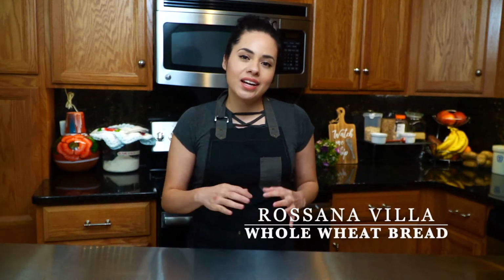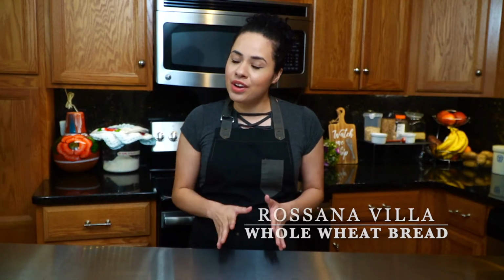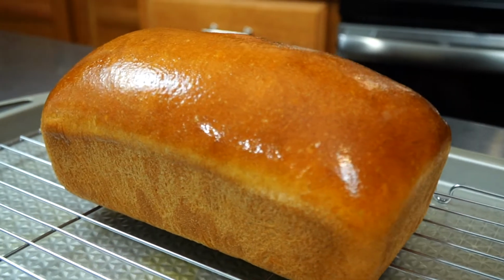My name is Rosanna and today we're going to be making whole wheat bread. This recipe has very few ingredients and as mentioned before, you just need to perfect the technique. Once you have that down, it'll be a breeze and you will be enjoying freshly made bread from your own